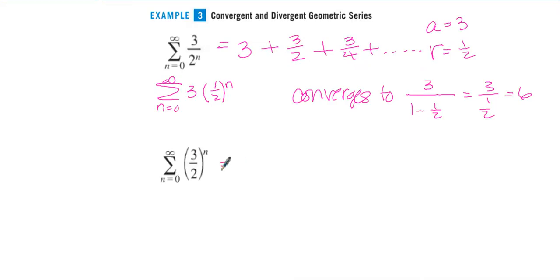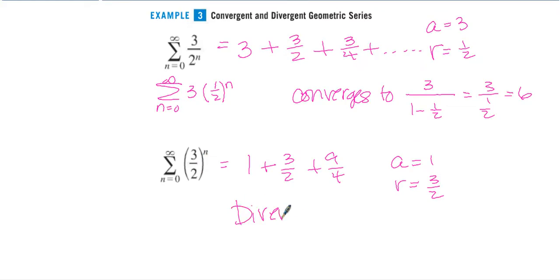Let's try this one. I plug in 0. I get 3 halves to the 0, that's 1. The next one's going to be 3 halves. Multiplied by 3 halves, you get 9/4. So the first term is 1. The common ratio is 3 halves. And since the common ratio is greater than 1,